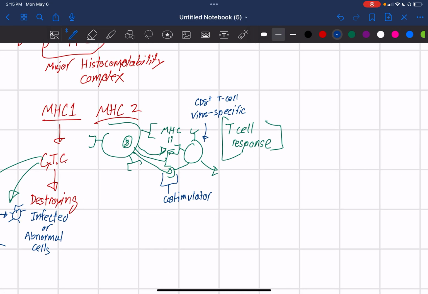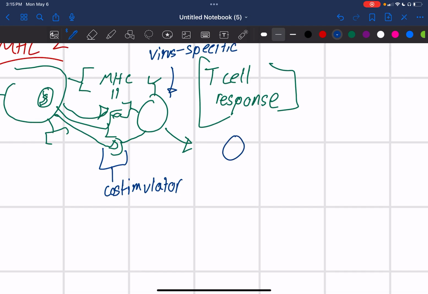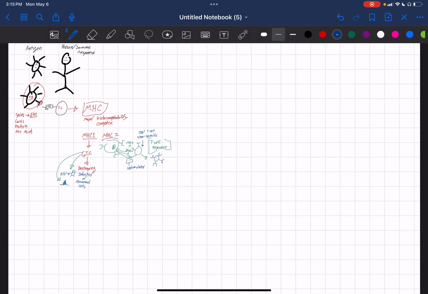So the MHC class 2 essentially has a dendritic cell that presents it to a CD8 T cell, right? So the dendritic cell sends it over to a CD8 T cell so that it can then be sent over to create a T cell response, right? And a T cell response is essentially a specific type of immune response that works more efficiently, so they can then get rid of the pathogen that's inside the body. Right. So that would be that. Now,